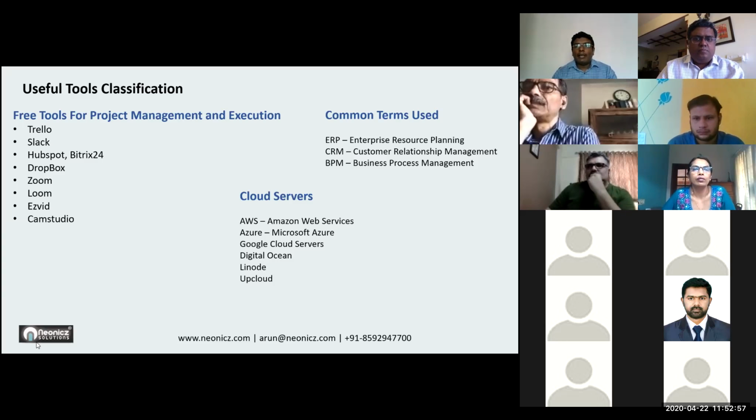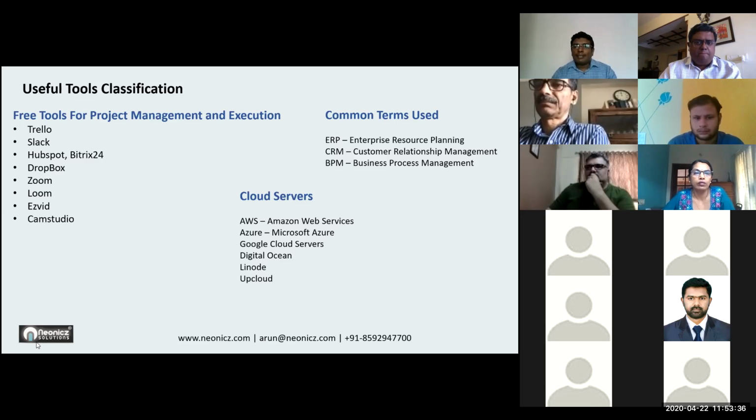So ERP is nothing but enterprise resource planning. What can be considered under enterprise resource planning? Your employee management software, or your attendance management software, your task tracking system, or something like a stock management system, or a billing software management system, or an inventory management software. So these kinds of things are mostly not going to be outside of your organization. Whatever software is used only inside your organization comes under ERP, or enterprise resource planning.